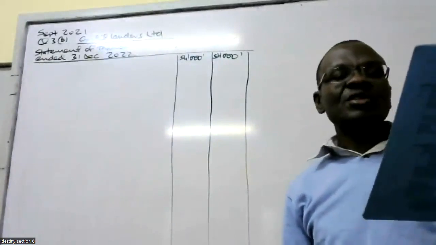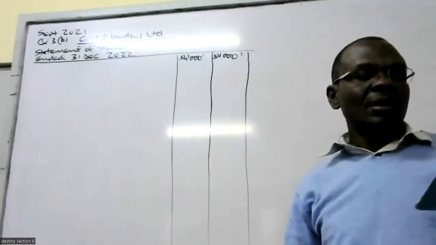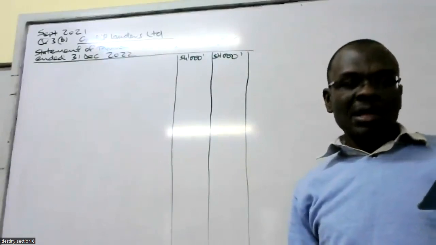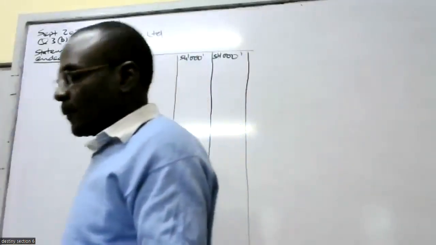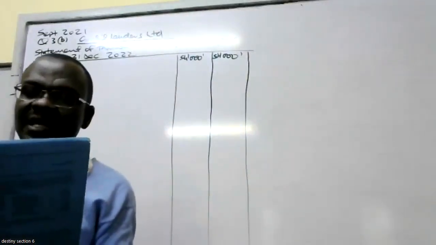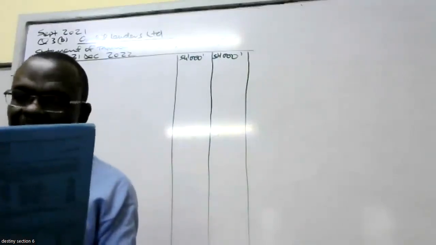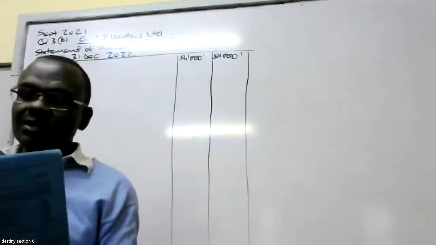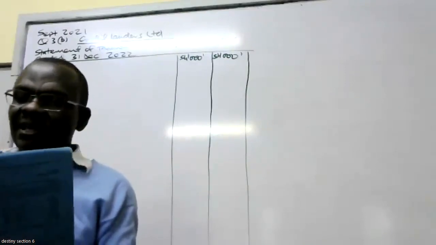We can get the total HP sales by looking at note 2 and note 3. Note 3 will give us the units and note 2 will give us the HP selling price. Note 3 says during the year the company sold 4,080 manufacturing machines, so those are the units, but the hire purchase price is given in note 2.